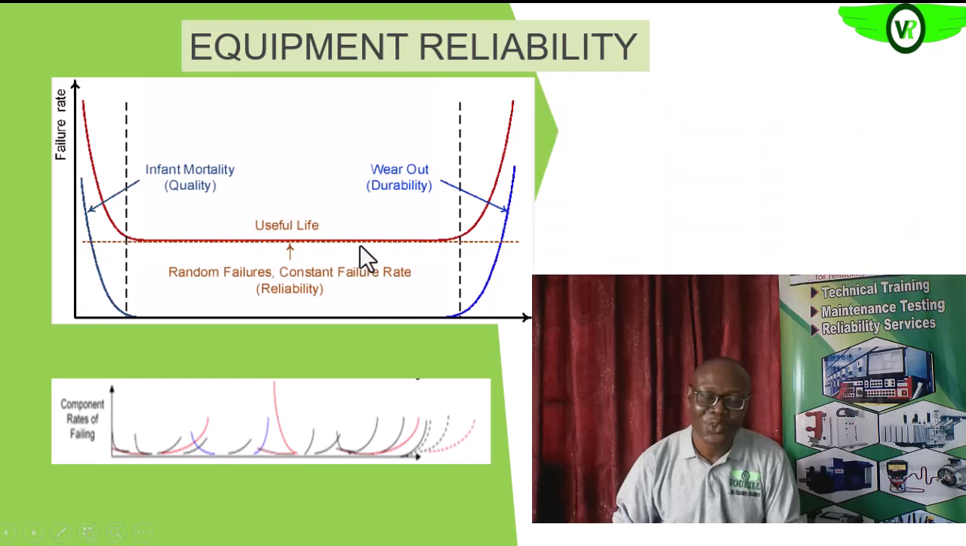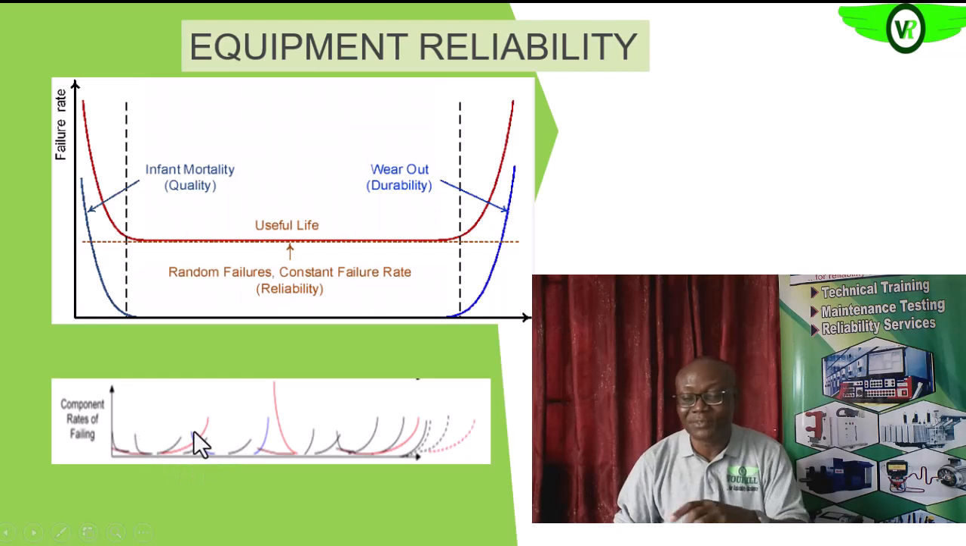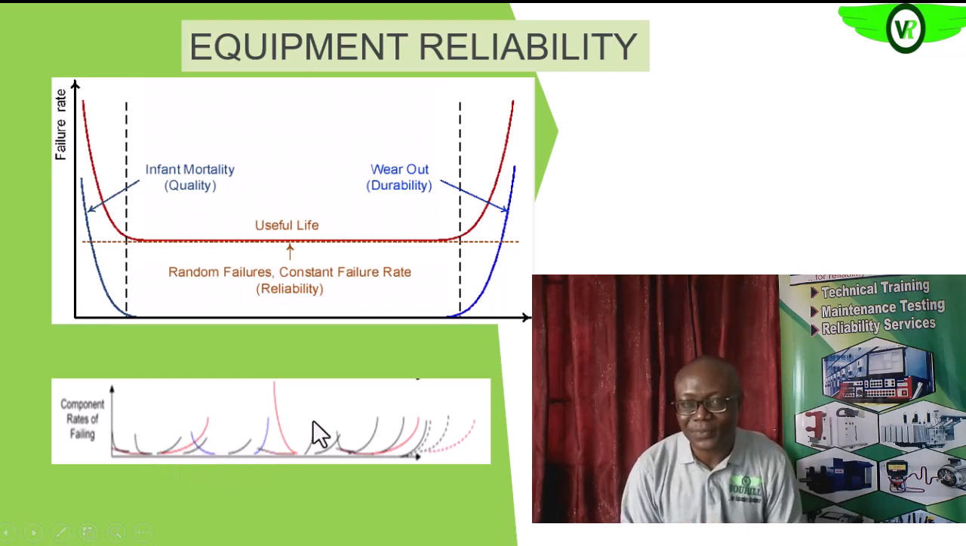Are you getting it? So these components have different lives. You are assuming this is that of the bearing. Okay, this could be that of the gasket. Are you getting it? This could be that of the piston or rings. So they fail at different times, and manufacturers know this. So we'll see the usefulness of knowing this or incorporating this into your reliability program as